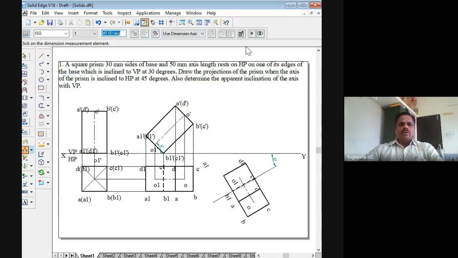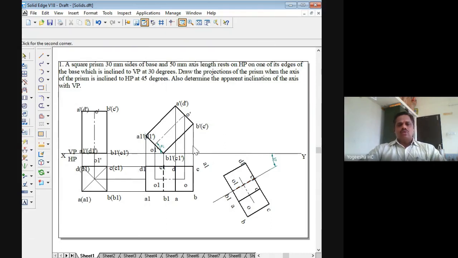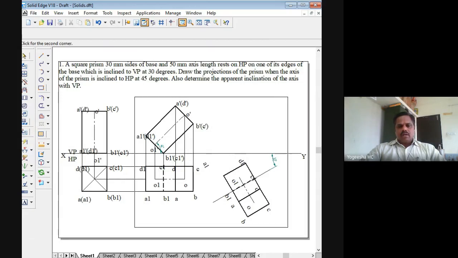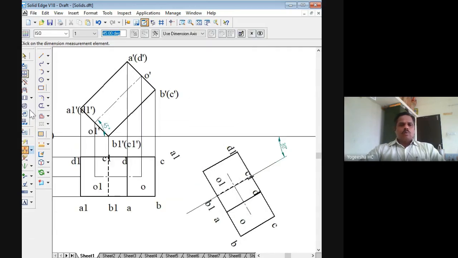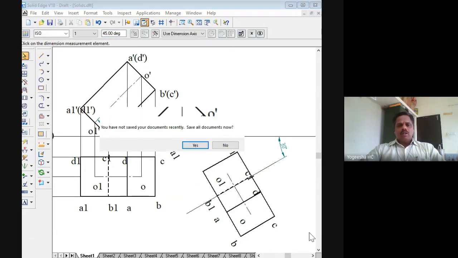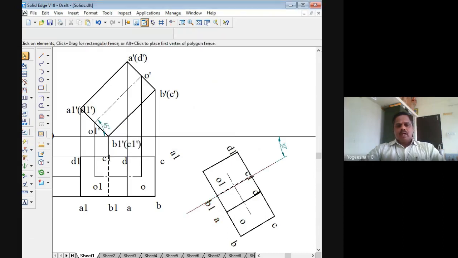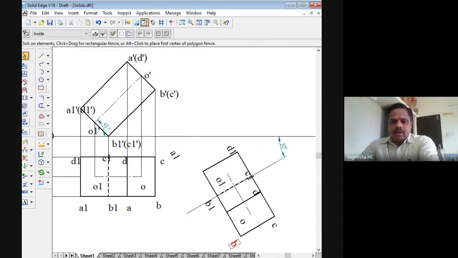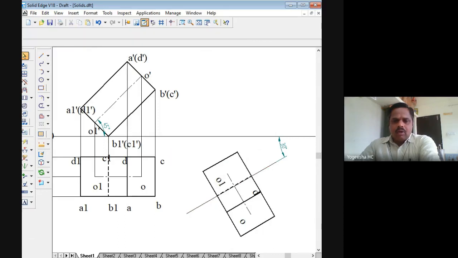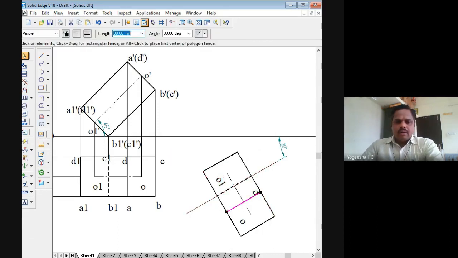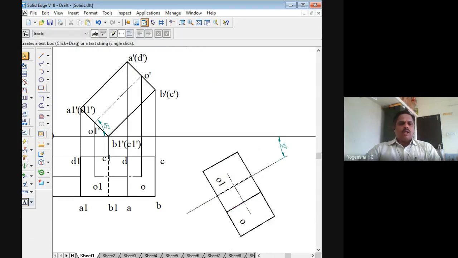For that, what we'll do is, I'll go for zooming this area, right? I'll zoom this area. So those points, whatever I mark, I'll just delete them, right? I'll delete this point and I'll mark it once again. Otherwise, it will not look nice, isn't it? What I'm doing is, I'm just deleting those points here, right? Then I will mark them once again, right? So this point D also, I'll delete it. Now I'll mark it once again.